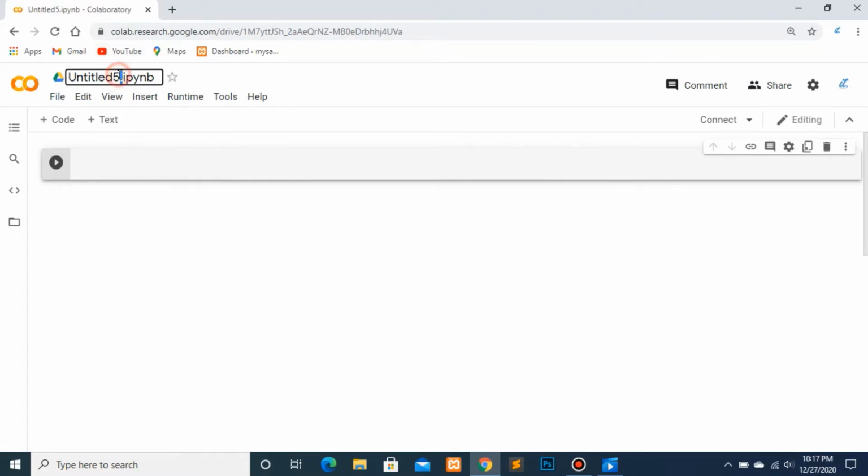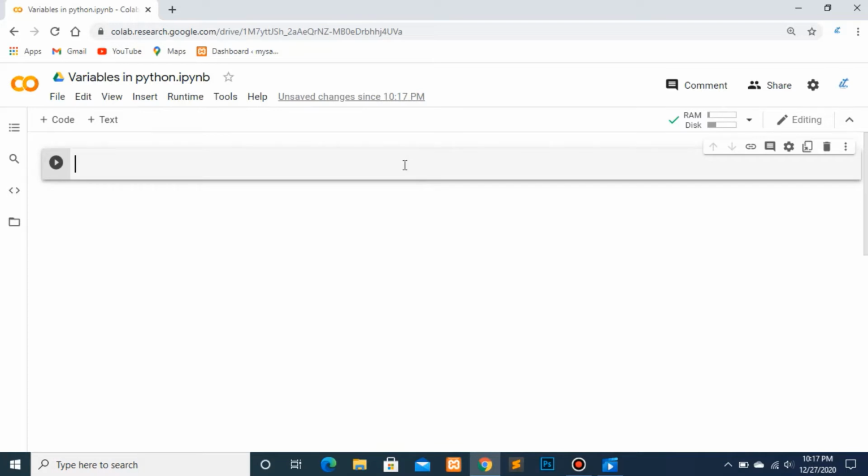From here, change the name of your notebook. As I am working on variables, I will give it the name variables in Python. And now I am connecting my notebook with the CPU. Once it gets connected, then we will start working on our notebook. So it's almost done. Okay, now it is connected. Let's start defining some variables. So let's go step by step.